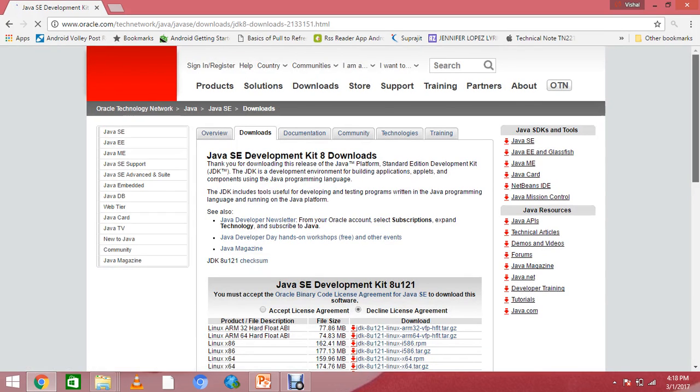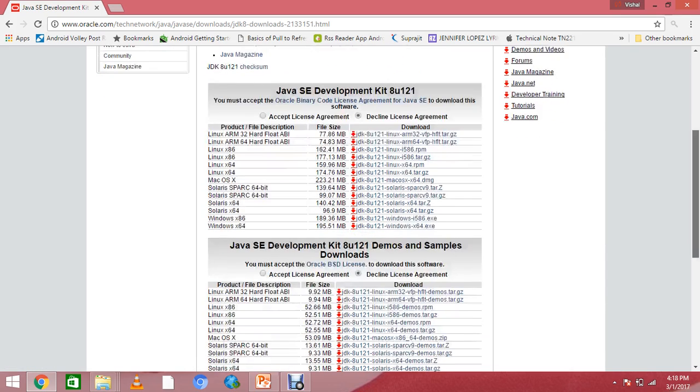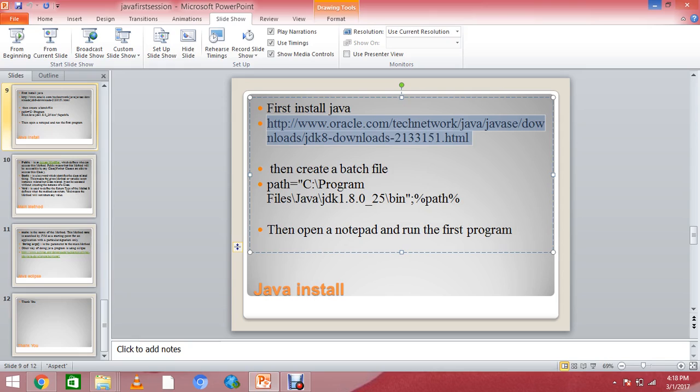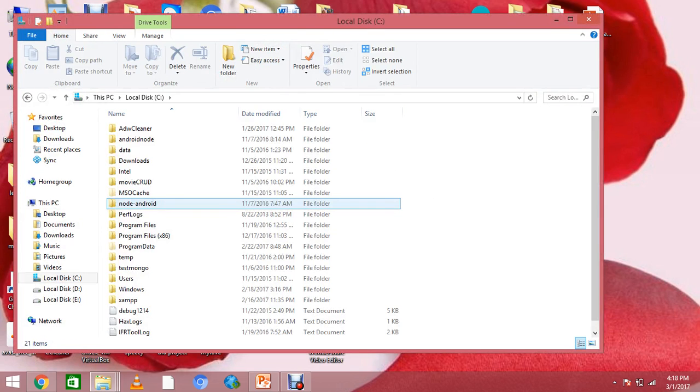So you can see here we have a Windows JDK, a Solaris, Mac DMG files, and a Linux one. Whichever kind of platform you have, you can download it. Just like if you work on a Mac, you can download this DMG. If you work on Windows, you can download this Windows exe. So that's it. After downloading it, you can see here on your PC, go to the C drive and